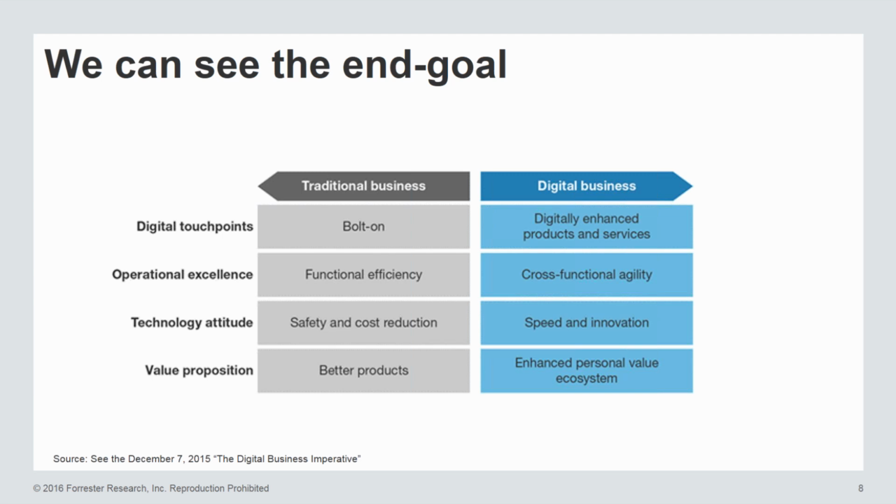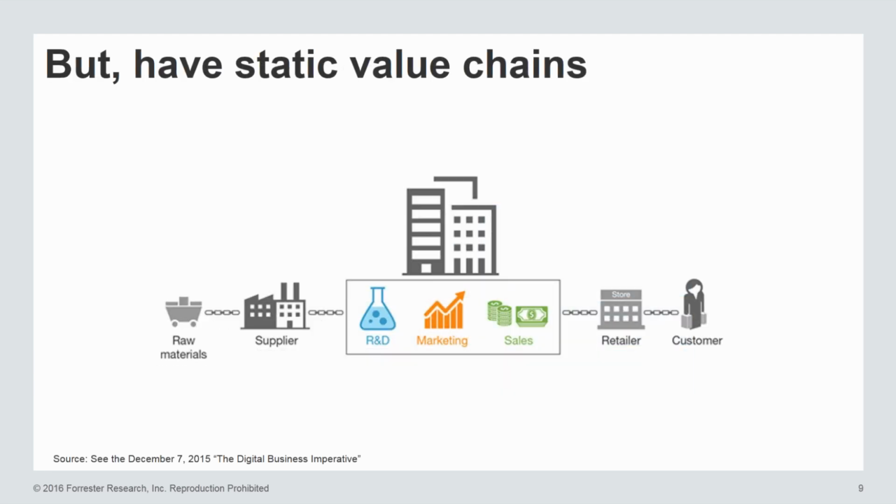And why is that? Well, that's primarily because we are inheriting from yesterday's static value chains. Now, while not all of these functions might make sense to every business out there, maybe you're a service company or maybe you don't have retail outlets, chances are you can understand how you're inheriting from something that's upstream and then you're delivering to something downstream. And there's no way to break out of that cycle.